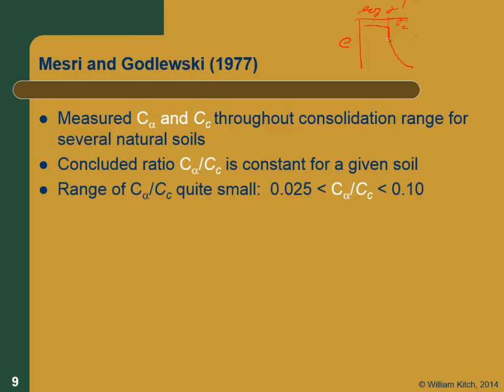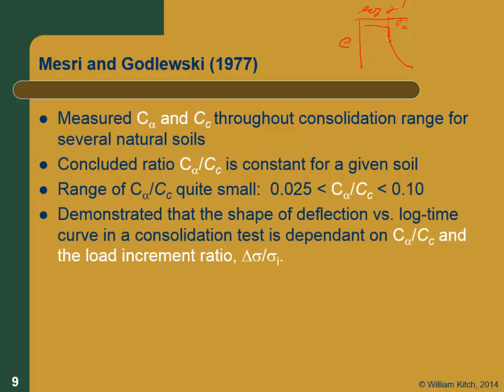The other thing that comes out of the paper is that now that he's got much better data, he's got a much smaller range for C sub C over C sub alpha. So his conclusion is that the range is quite small, 0.025 to 0.1, and actually for most soils it's even smaller than that. And the point you get out of that is from this,